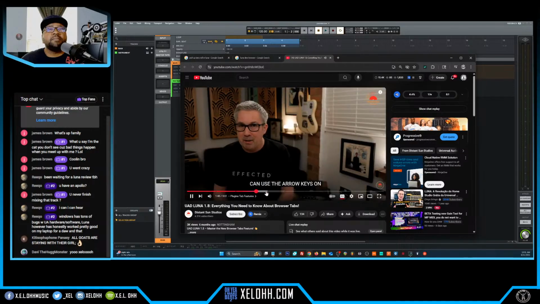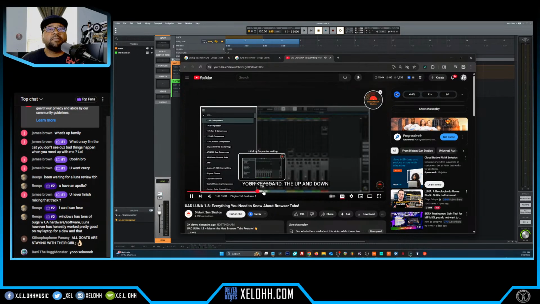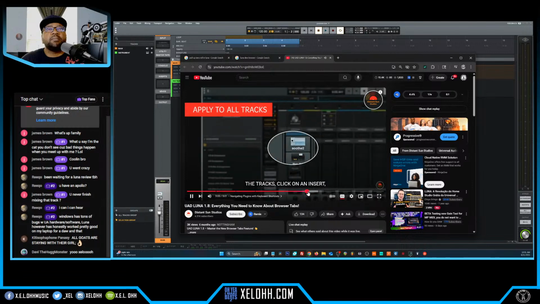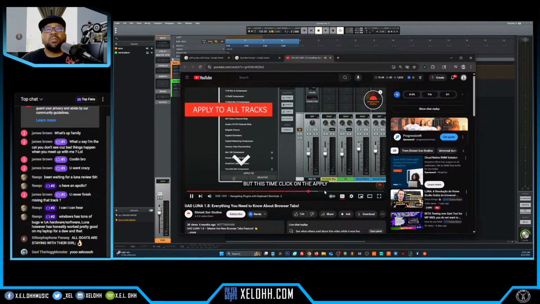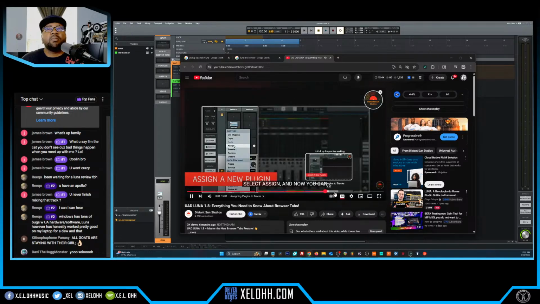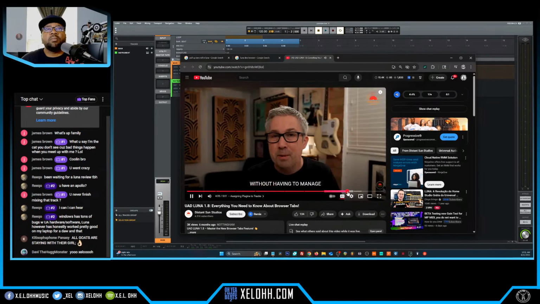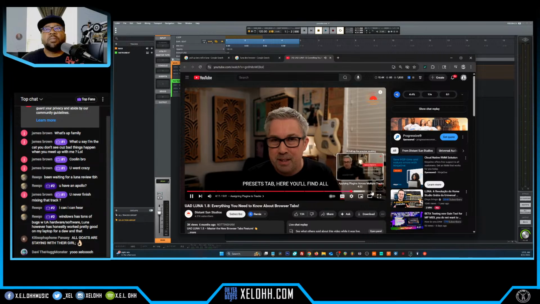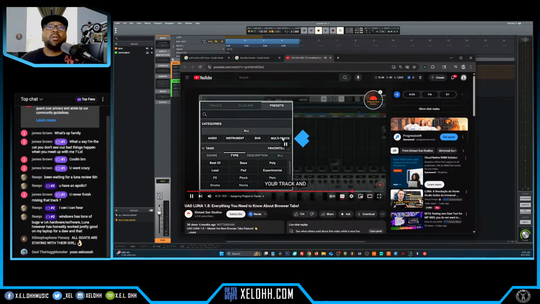You can use the arrow keys on your keyboard. The up and down arrow keys take you from one plugin to the next, then the left to view, and then right click on the plugin. Now click Assign, plugin across all the tracks, click on an insert, but this time click Plugin, select Assign, and now you can make without having to manage multiple plugins on the screen. Next up, let's look briefly at the Presets tab. Oh, wow. Here you'll find all your... Okay,